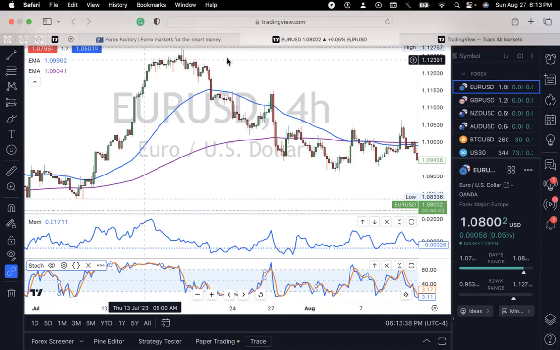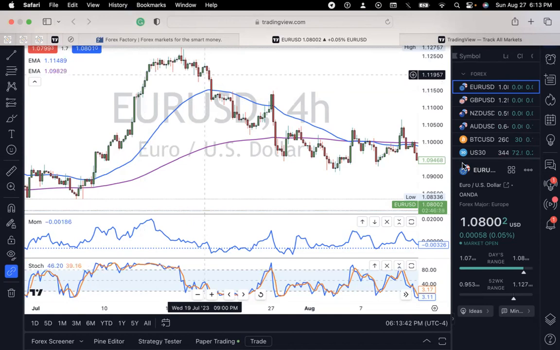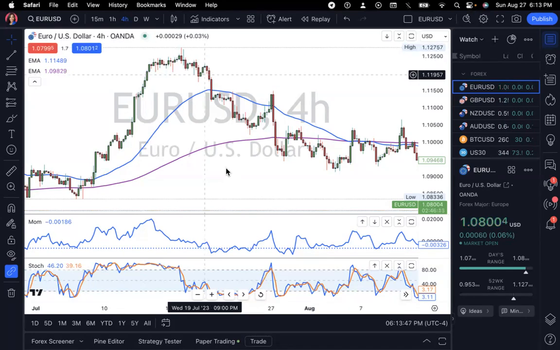So first and foremost, the website that we're using, of course, is tradingview.com. TradingView is a really nice platform to do your market analysis. Now, there's a lot of different